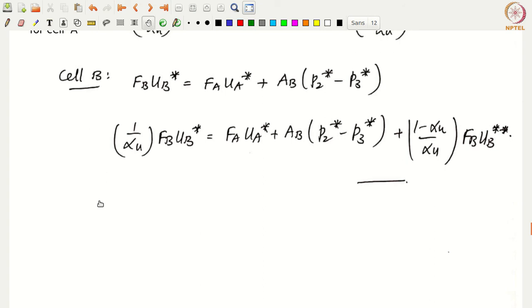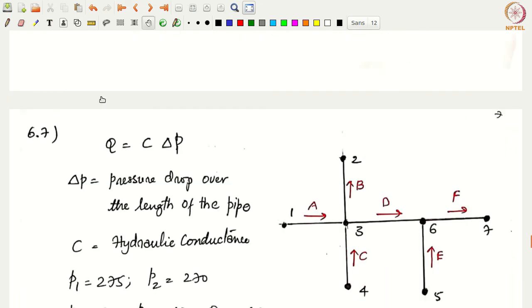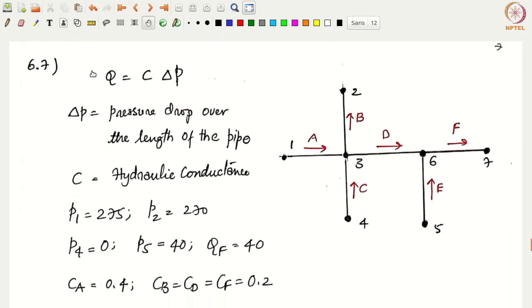All right, let's look at the final problem from the book, that is basically problem 6.7, which is a pipe network that distributes water to a residential area. Essentially we have different locations here, and the flow through the pipe, the flow rate Q, is given as